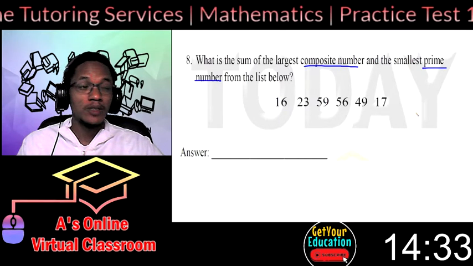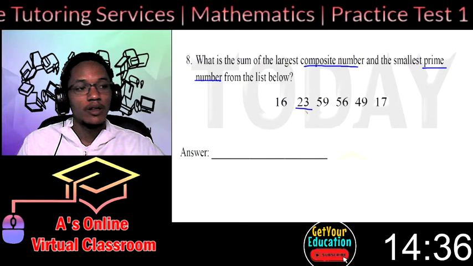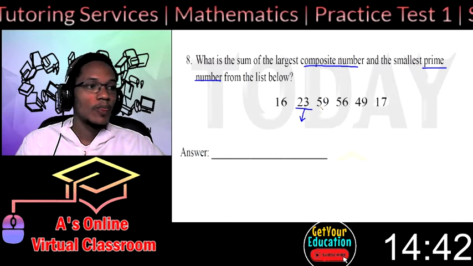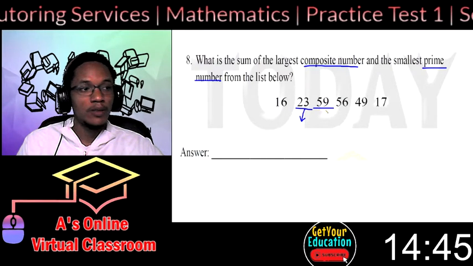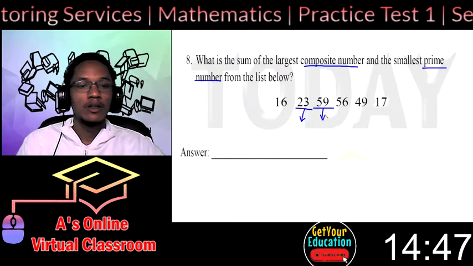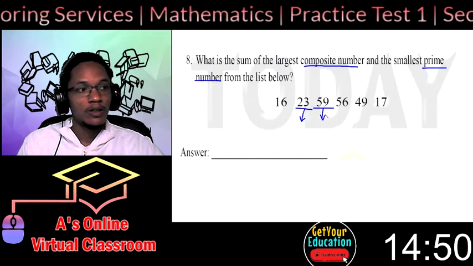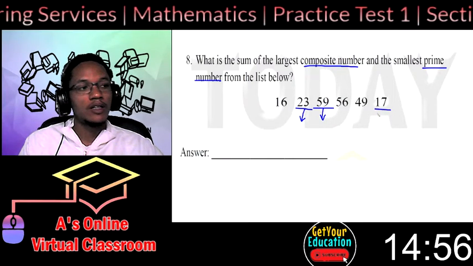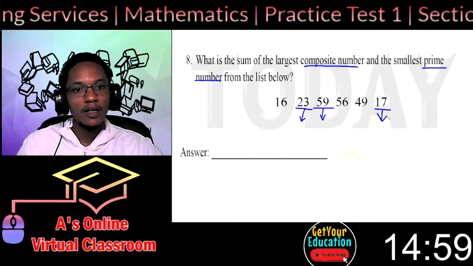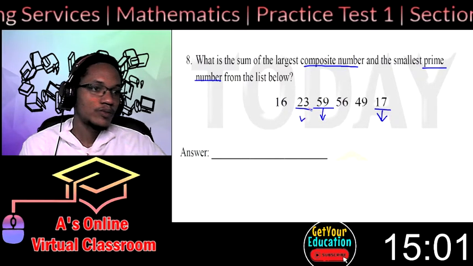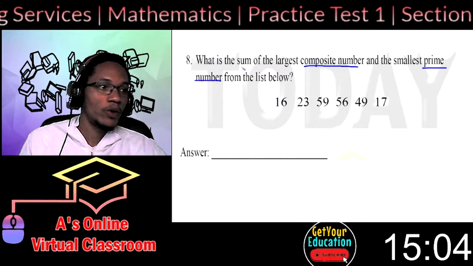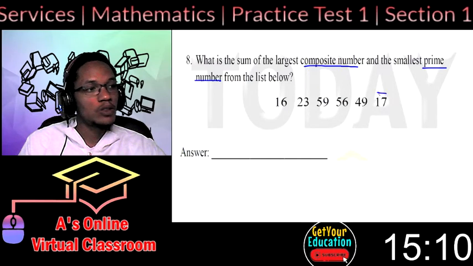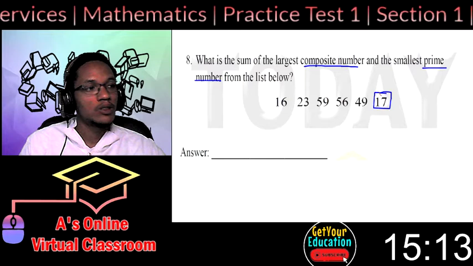So, those are numbers from this list, numbers like 23. 23 can only be divided by 23 and 1. 59 is also a prime number that can only be divided by 59 and 1. We also have 17. 17 is a prime number because that can only be divided by 17 and 1. So all of those are our prime numbers in our list here, and they want us to use the smallest one, which means we'll use 17,